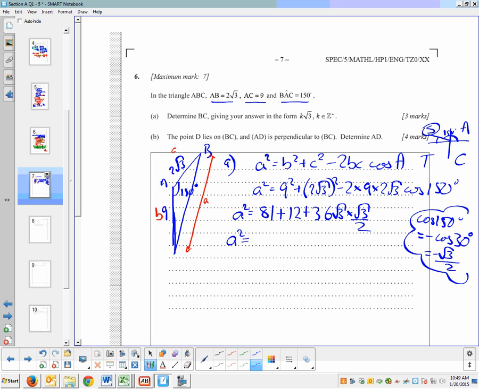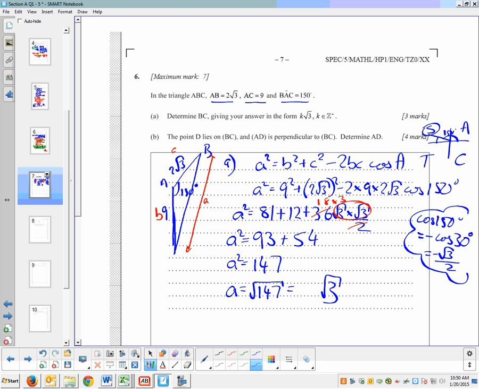Which gives me 81 plus 12 is 93. 36 over 2, 18 again, times 3 is 54, which is 147. So the square root of 147, if you break it down,